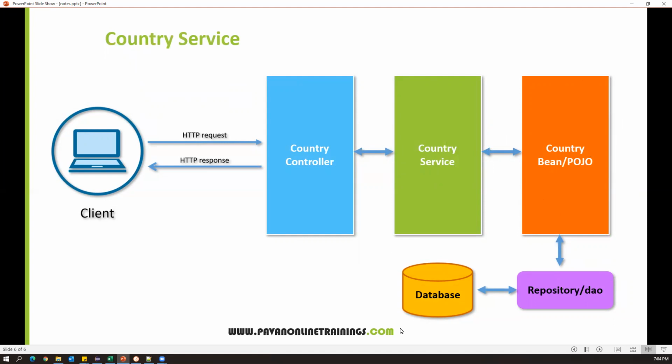So these are another layer. As part of this video, let us mainly focus only on these three components. We will see how this country service will use the data from the databases and everything. For this, we need the JPA concept from Spring Boot, which we will see later. So for now, let us mainly focus on the controller, service, and bean. These are the main three components which we have in the Spring Boot framework.